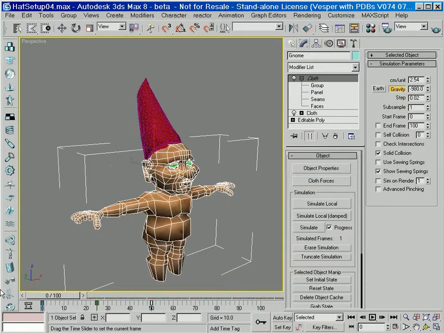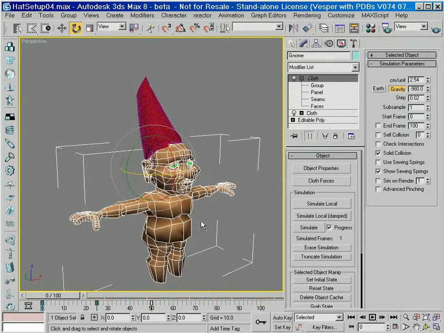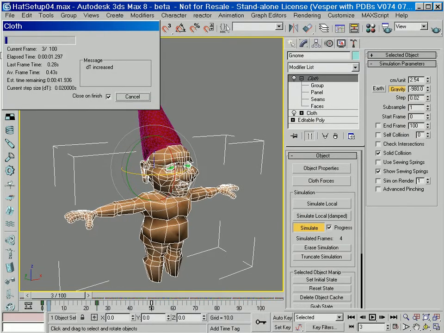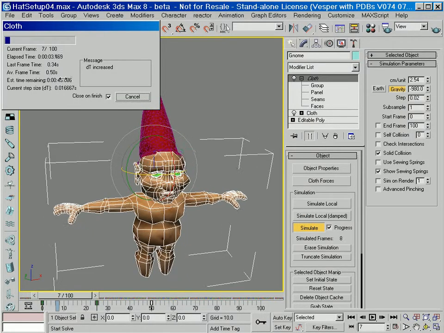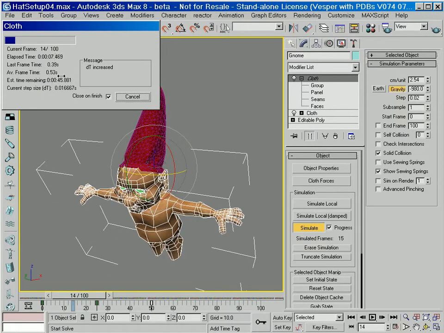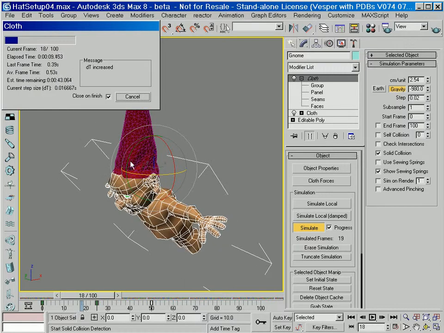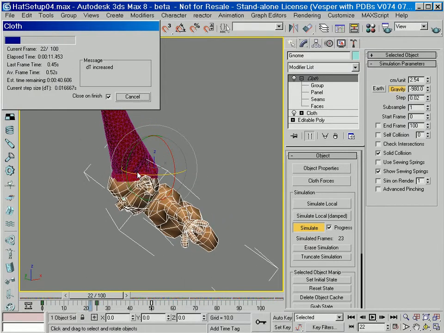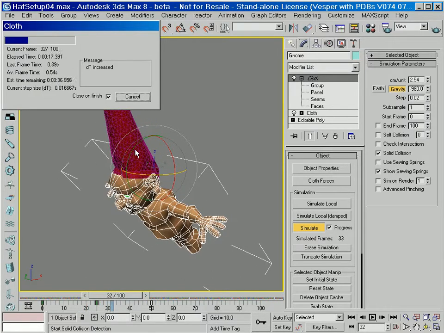Now that we're done simulating local and we have some animation on our character, we can simulate the actual animation. All you have to do is click on Simulate, and it will cruise through. This is doing it at about 0.5 seconds per frame, and you see that the hat follows with the character, and we get some dynamic simulation